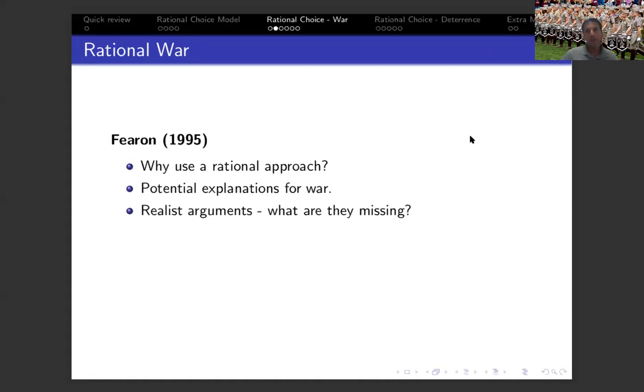He begins by offering potential alternative explanations. One of them is that leaders may behave in an irrational way, which does not help us because we're trying to think about it from a rational standpoint. He also presents the option that leaders engage in wars because they have the possibility of enjoying the benefits, but they don't really pay any personal cost. In some cases, leaders may be out of office because they lose wars, or maybe in some cases they may even be killed because of it. But in the vast majority of cases, they don't pay personal cost for war, so that's an explanation. But those are not rational explanations.